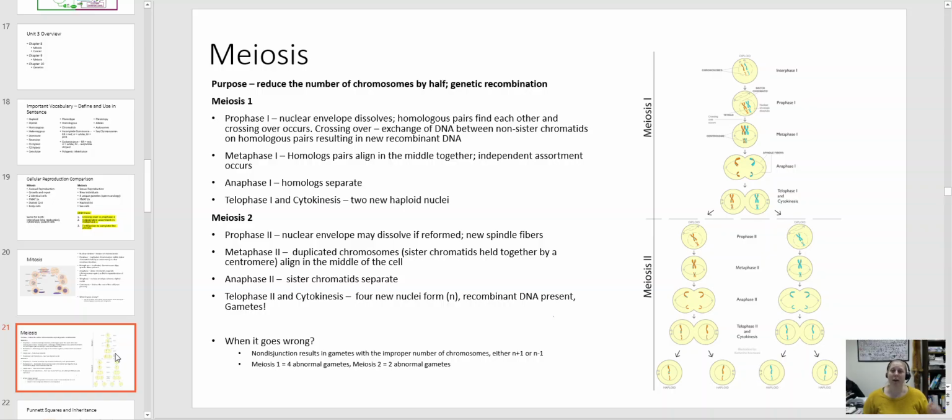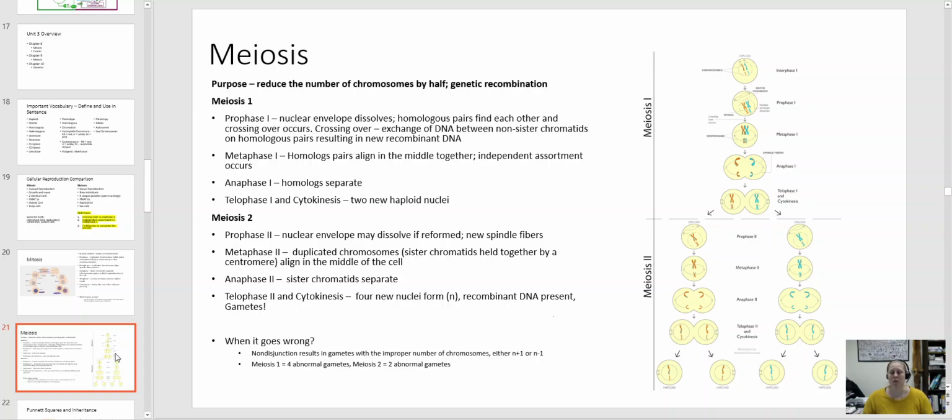As such, we have meiosis 1 and meiosis 2, with meiosis 1 resulting in that genetic recombination through crossing over in prophase 1, where the homologous pairs find each other and share segments of DNA between non-sister chromatids, vocab here. Okay, metaphase is when the homologous pairs align in the middle independently of one another, and that's where we see that independent assortment shuffling up those chromosome pairs. In anaphase 1, our homologous pairs separate, and in telophase 1, we have cytokinesis because our goal here is 4